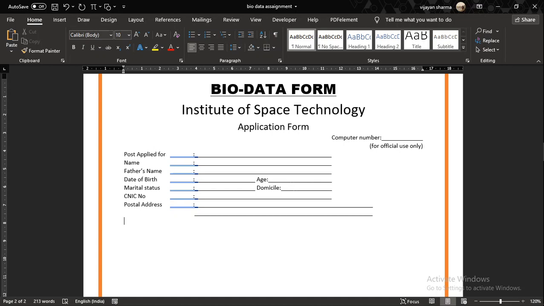The next line is permanent address. Permanent address, tab, colon, underline. Tab, tab, tab, no colon over here, space, underline.